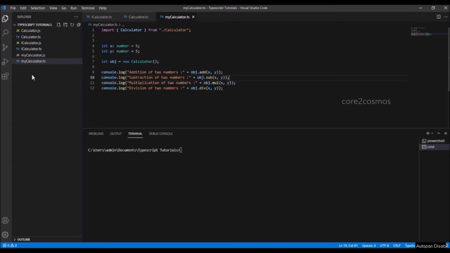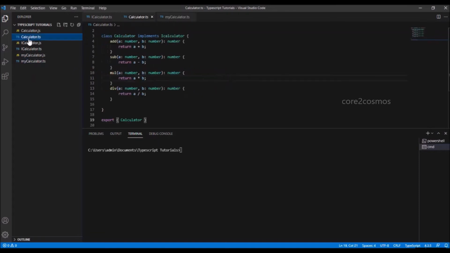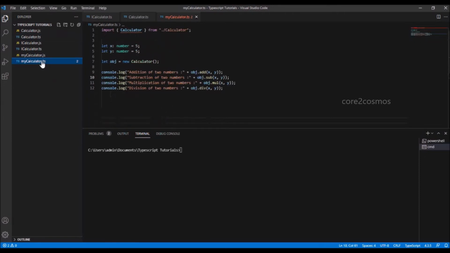TypeScript provides us an option of creating an alias for any type which we are going to export. In line number 19, I say export calculator as calc. In mycalculator.ts file, at line number 1, I say import calc. Similarly, in line number 7, I use calc for instantiating the object.